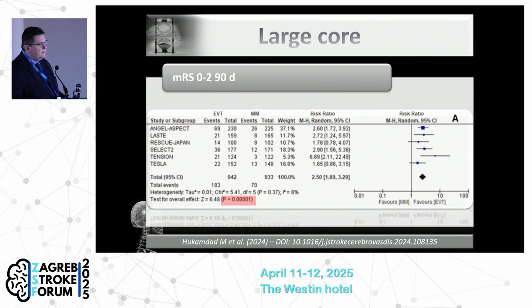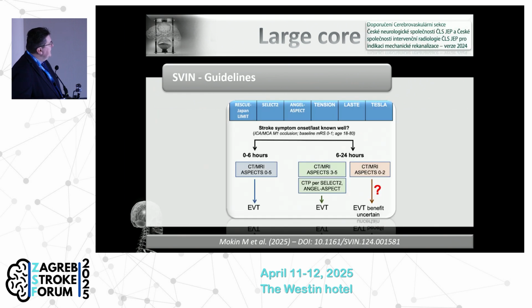So thanks to the collection of these data, nowadays we have meta-analysis which confirms the recommendation that we should also include this group of patients. And this is the recommendation from SWIN. If you have a patient with a stroke onset up to 6 hours and an ASPECT score of 0 to 5, you can perform endovascular treatment. If you have a patient in a window of 6 to 24 hours,